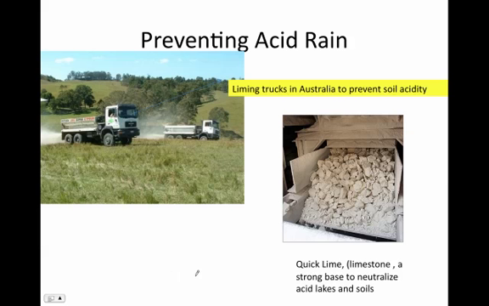This is liming trucks. Here's what happens sometimes in Australia. If the soil, due to pollution, gets too acidic, then they'll use a lime to neutralize the acid. So it's a weak base, the lime, and it's shown here. The trucks use limestone, and basically it neutralizes the pH of the soil, so it's back to pH 7 instead